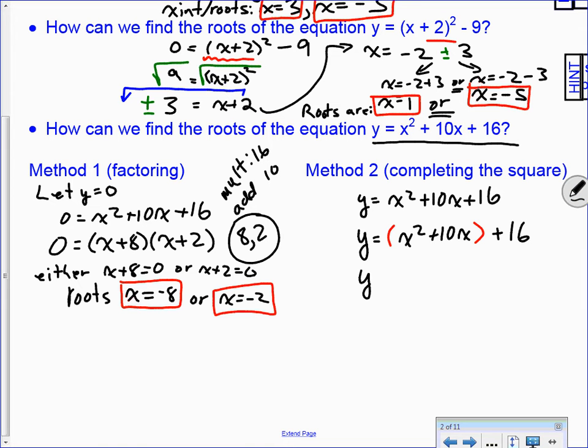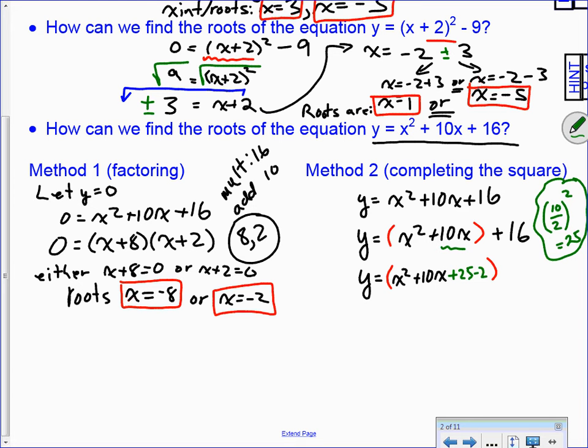All right, so now we have to take a look at this number here, the 10x. We have to take half of it and square it. So 10 divided by 2, squared, is going to give me 25. So we're going to add and subtract 25, or we could write 5 squared. It's up to you. Which equals the following. x squared plus 10x plus 25 and minus 25